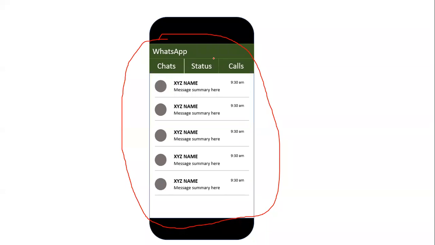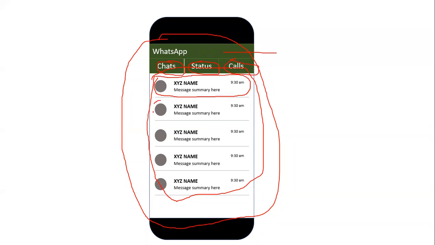And inside the layout, we have a label, three tabs, and a recycler view. And the recycler view has different layouts. This one, this one, this one.